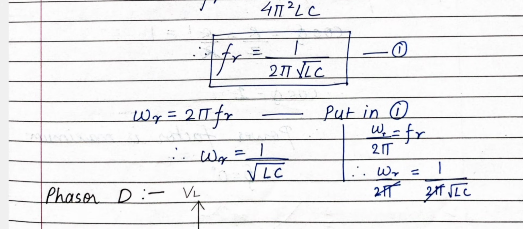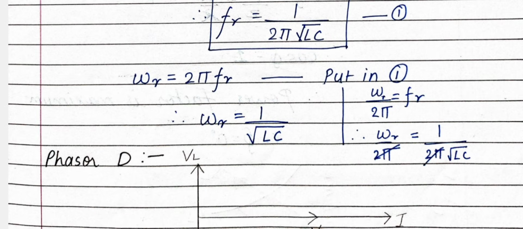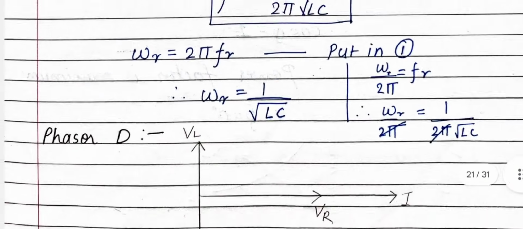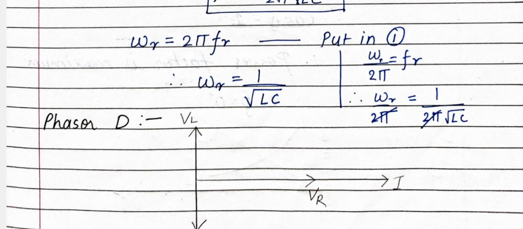So if the definition is asked, you have to mention the formula and unit also, then only you will get the full marks for that definition, otherwise half marks will be deducted. Now see what is omega. Omega is 2 pi f. Now here we are writing for resonance, so we will write omega r is equal to 2 pi fr. It is not the other thing. On the right corner I have written omega upon 2 pi will be the resonant frequency. Just equate this with equation number 1. 2 pi will get cancelled, and what you will get is omega r equal to 1 upon under root LC. This is omega r.